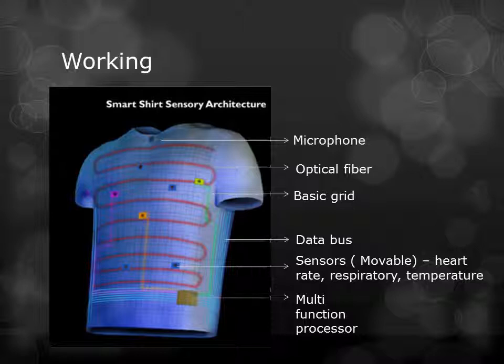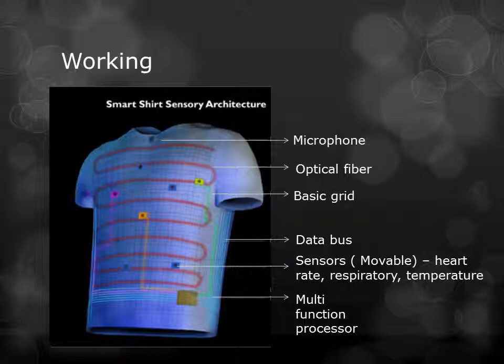The microprocessor will keep transmitting pulses through the optical fiber continuously from one end to the other. Once it reaches the receiver end, the optical fiber reflects it back and the microprocessor picks up the reflected signal. In case there is a break in the optical fiber network somewhere, the signal will not be reflected back